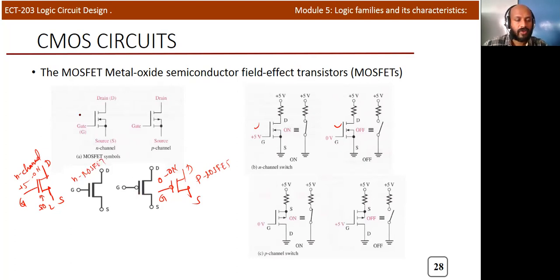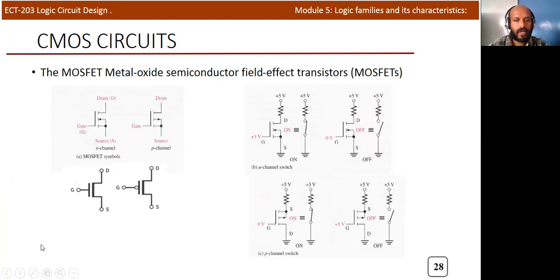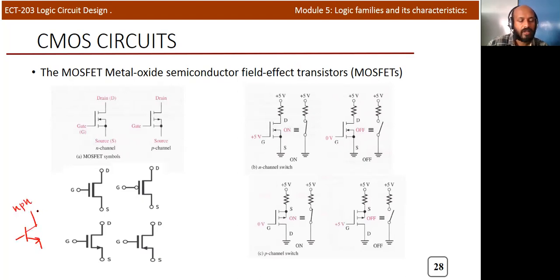Okay, so either you can use the first symbol or the second one. And now we'll discuss one more symbol, which is similar to the NPN transistor or BJT. For example, for an NPN BJT, the symbol used has the emitter, base, and collector. This is not a MOSFET, this is actually a BJT. But in the case of a BJT, to indicate that it's NPN, the current direction will be like this, from base to emitter.